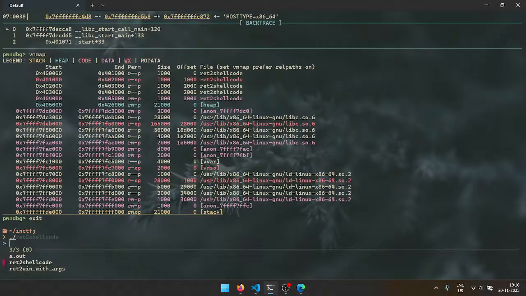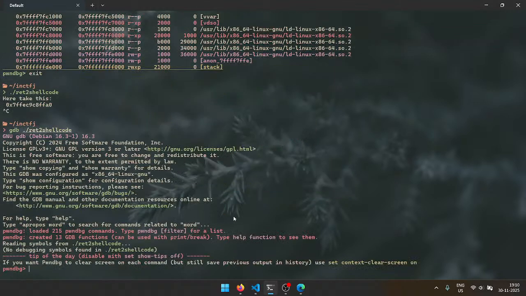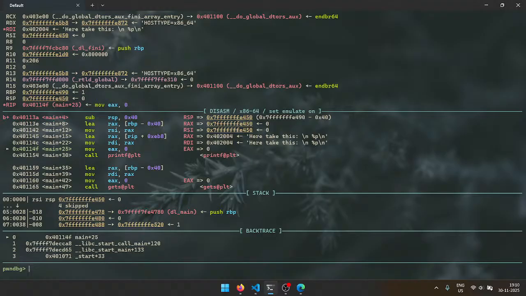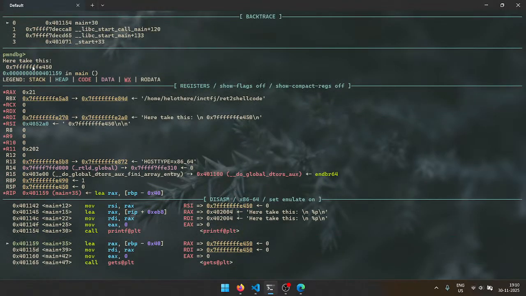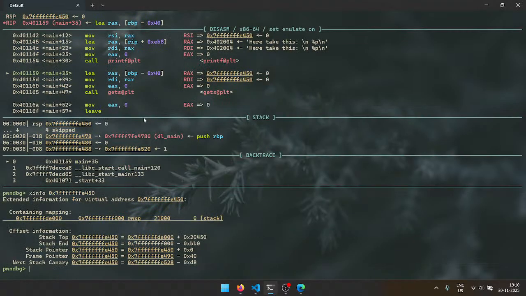And we're also provided with some leak. If we take this leak, it looks like an address. So how to check where it is from? You can use xinfo with the address to get more info about the address. So it's basically a stack leak. It's on the stack. So what you're going to do is